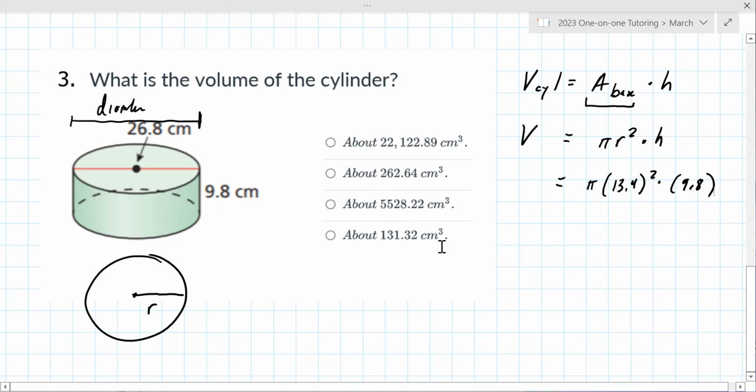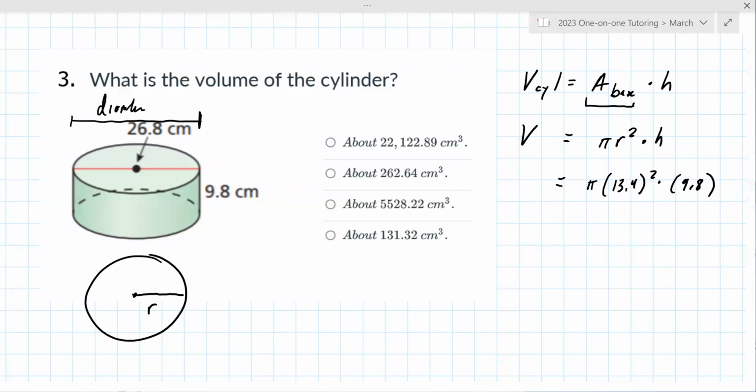Do any of these answers look correct? Wait, really quick. Sure. So I'm writing it down. Okay. So the pi button is in one of the buttons there. One of the nice things about that calculator is you just enter it the way it's shown. I put everything in parentheses just for consistency. I got